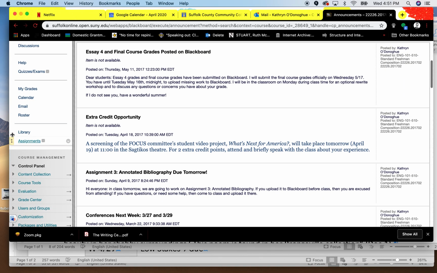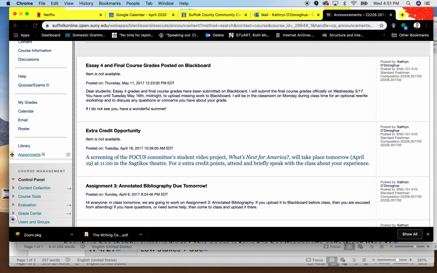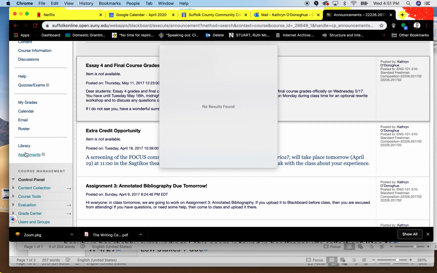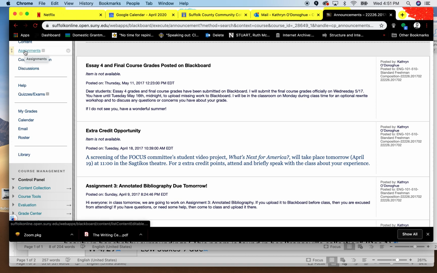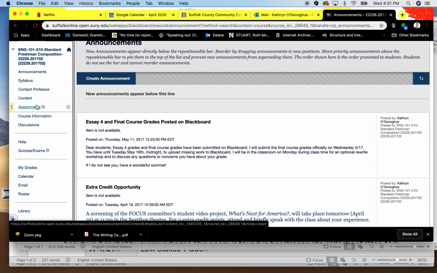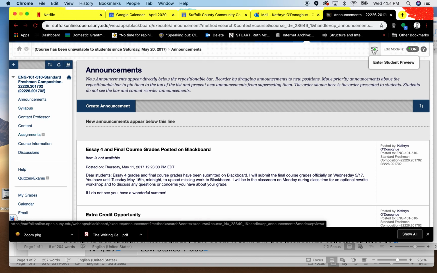So down here, new content areas always go at the bottom, and I want to bring it up to the top because we all know our students won't scroll down here. So hover over this left side area until the cross icon comes up, and then drag it up to where you want it. I'm going to put it right underneath content. And you'll see, if we click on this,